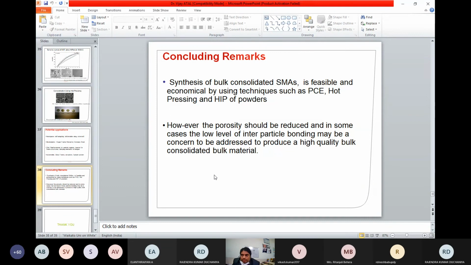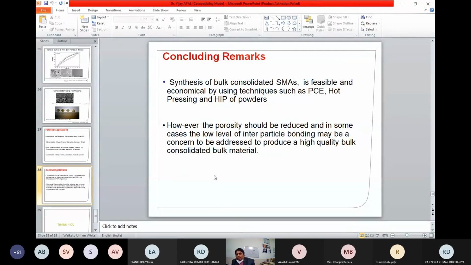The control of oxygen should be monitored by processing in a highly controlled atmosphere, such as vacuum. And in some cases, a low level of interparticle bonding is observed. This is not a good sign, because it will deteriorate the material further.